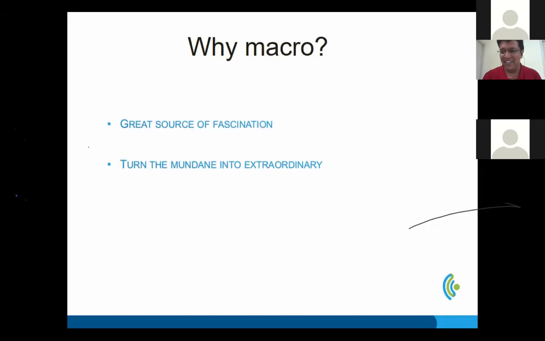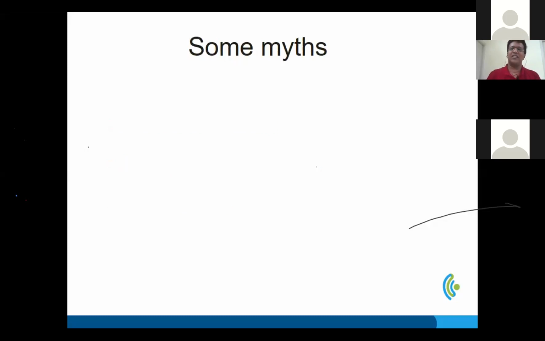Like they say, the devil is in the details, but actually the details is where the fascination really lies. So again, it brings in endless possibilities in terms of what you can shoot, what you can do. Right. So let's go ahead and bust some myths in terms of macro. Right. So one of them is people say, hey, it's a very